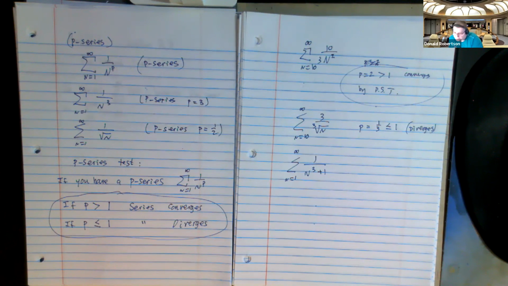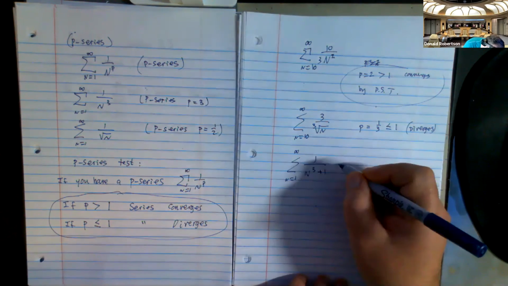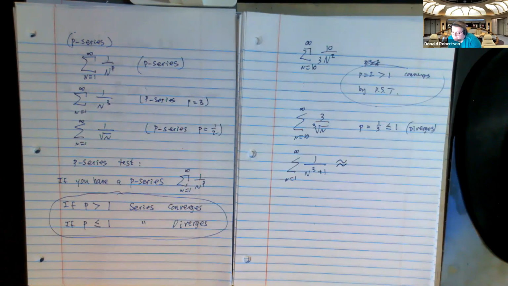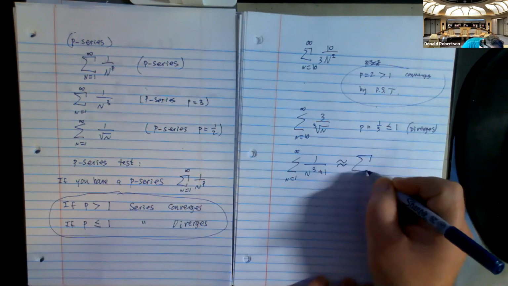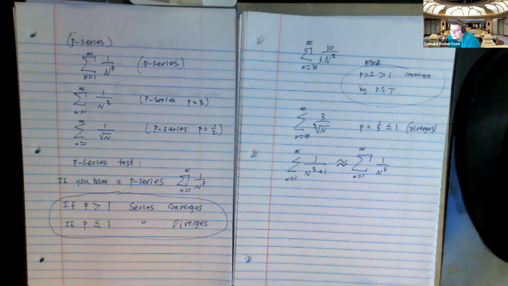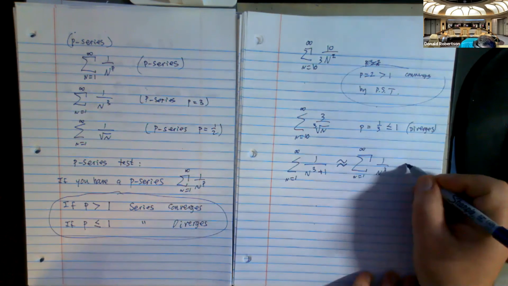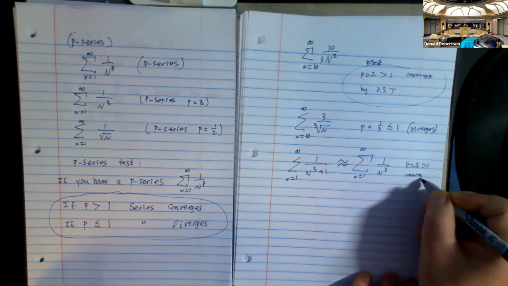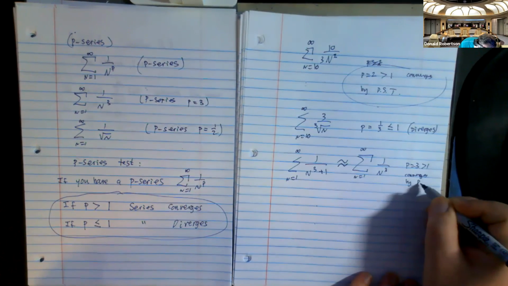Does this converge or not? Well, watch what I'm about to do. Do you know that the funny little squiggle is roughly equivalent to, right? Doesn't mean it's equal to, but it's kind of in the same family. Would you agree that this guy behaves pretty much the same way that that guy would behave? And what do you know about that guy? Well, I know he's p equals 3 and it's greater than 1, so it converges by p series